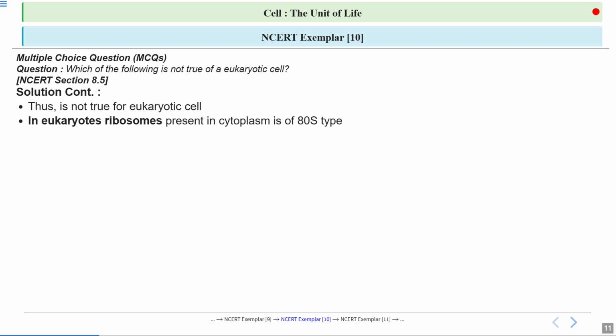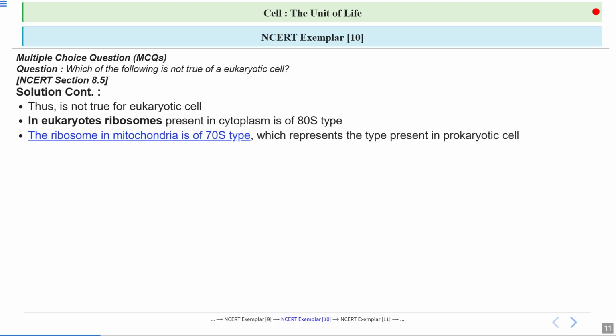In eukaryote, ribosomes are present in the cytoplasm, that is 80S type. So that was the correct statement. The ribosomes in mitochondria and chloroplast, both have 70S type of ribosomes. Yes, 70S type, because there is